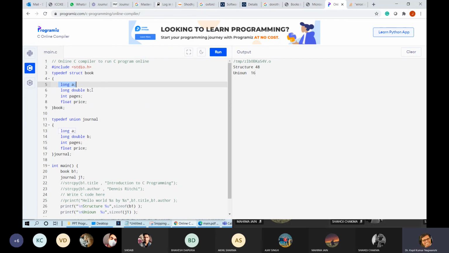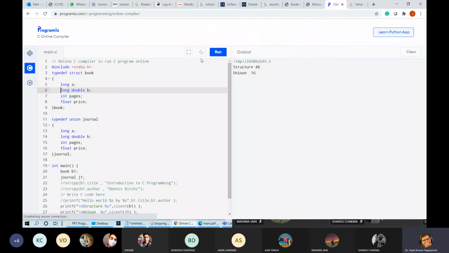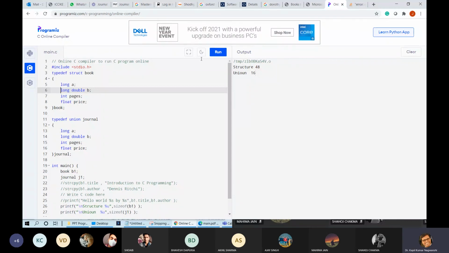I think long also requires 16. So 16 multiplied by 16, 32. But 48, how 48 will be coming? I think padding will be given here. Yes. So you can see that the different sizes are coming.